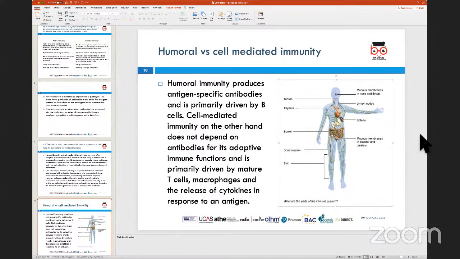It could be swellings in some cases, it could be discoloration of skin, it could be increased body temperature, which is generally termed as fever. It could be reactions which make you feel weak, feel lethargic, or in some cases lose your appetite. And those are essential signs